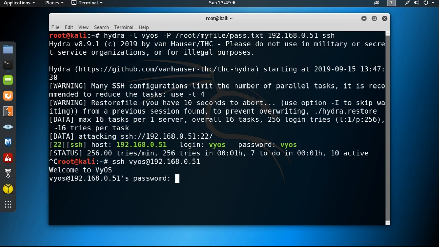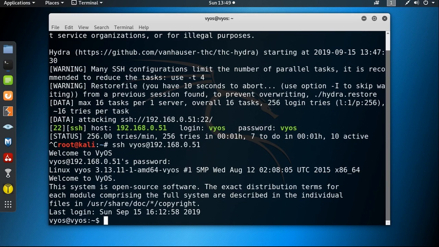The password is also VIOS. Okay, now we are successfully able to penetrate inside the system 192.168.0.51. In the next session, I will show you how to crack the password using a phishing attack.